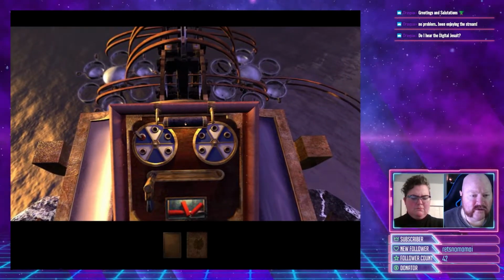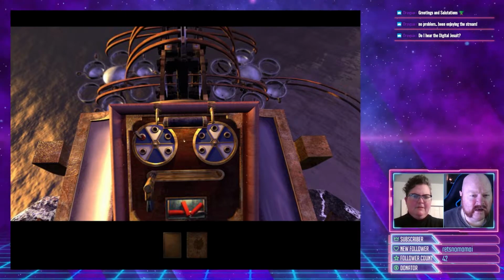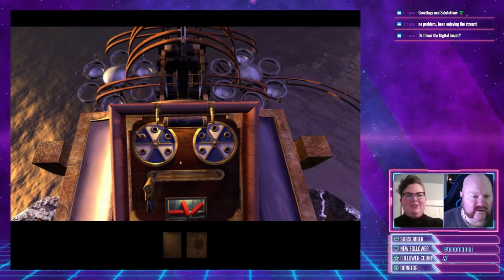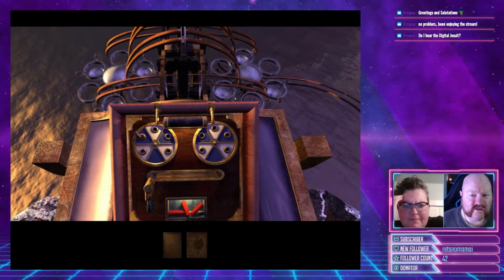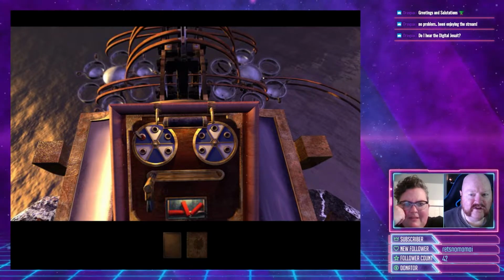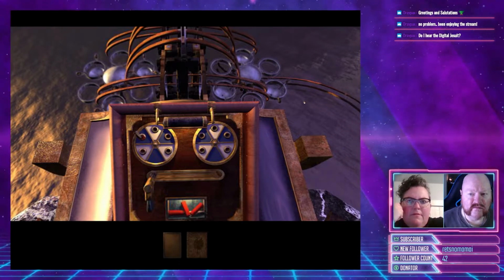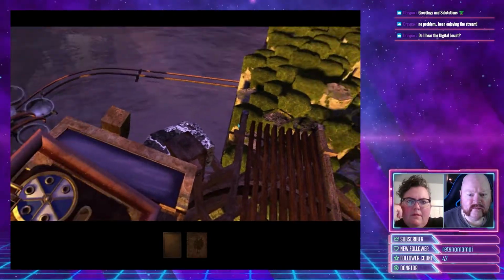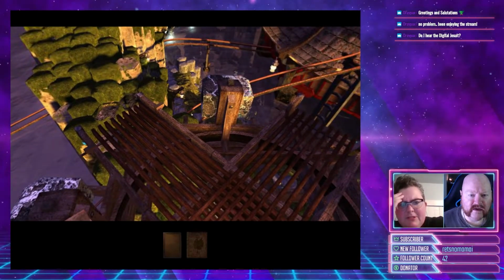Okay, this is weird. Do we want to try again or keep exploring? I'm still not sure I understand how the mechanism works, because it looked like it just popped out of here. Yeah, it just like magically... So maybe we do want it to go down this set of rails. Or... Yeah, because it came down here. I'm not sure what the...